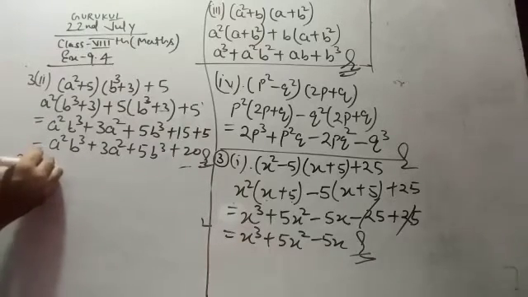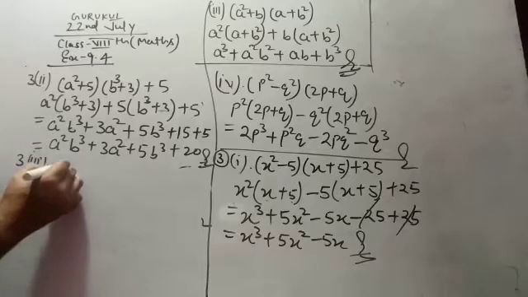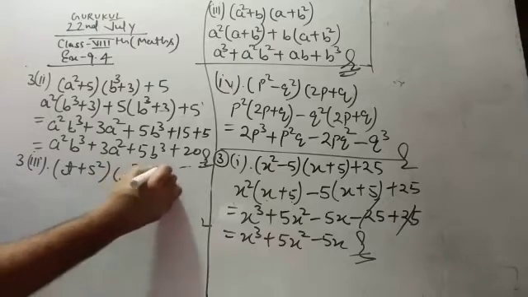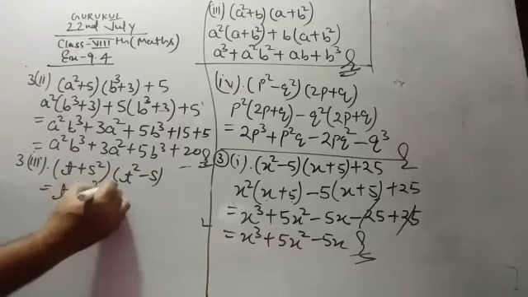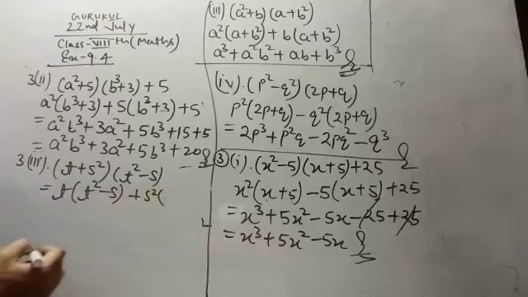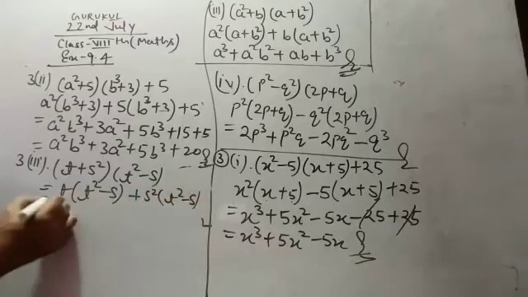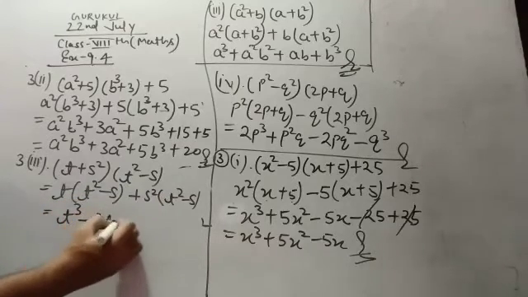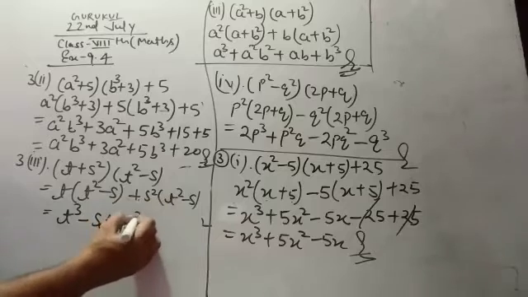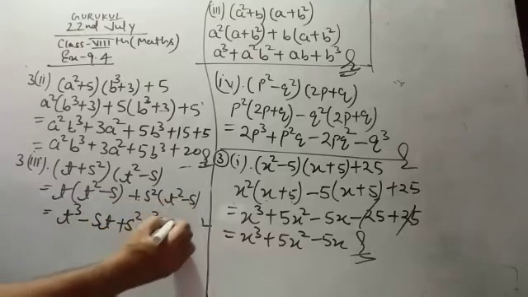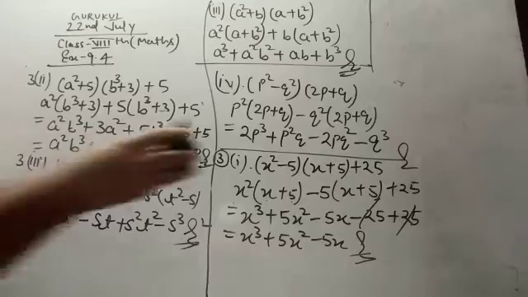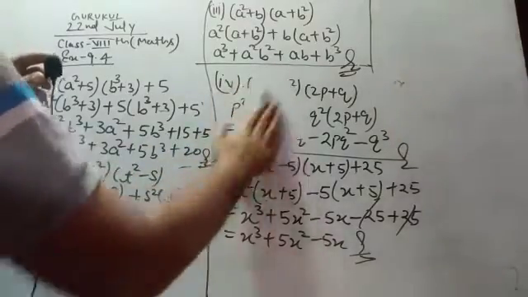Now question number third, part third. T plus s square, t square minus s. So firstly t will be multiplied to t square minus s, then s square will be multiplied to t square minus s. T into t square, this will turn out to be t cube. T into s, this will be st, plus s square into t square, s square t square, s square into minus s, this will be minus s cube. There are no like terms, so this is going to be the answer. Now students, question number third, we will solve more parts.